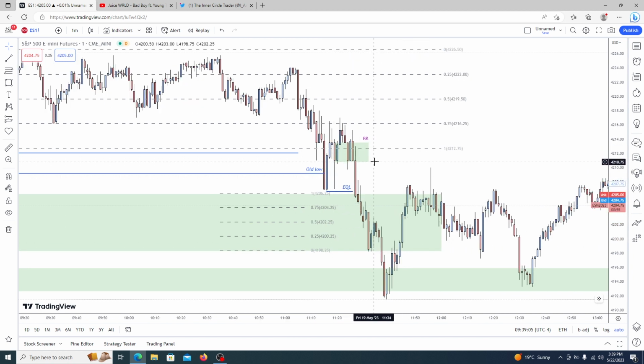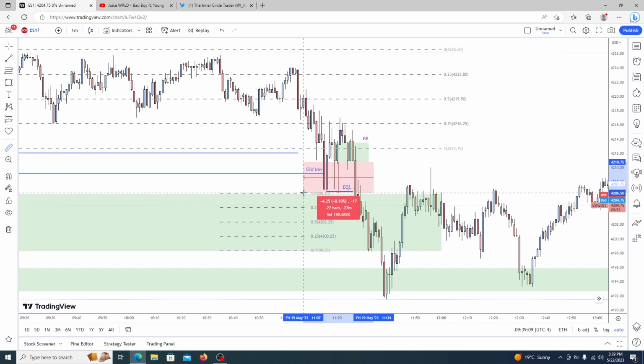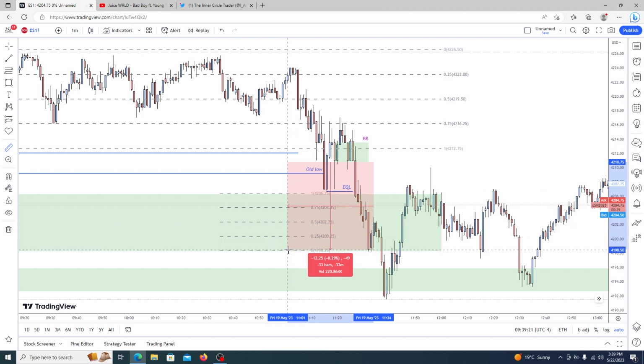Looking at entry point below this breaker block, targeting the high would give you 4.7 handles. Targeting the 50% would give you 8.5 handles. Targeting the low would give you 12.5 handles, which,